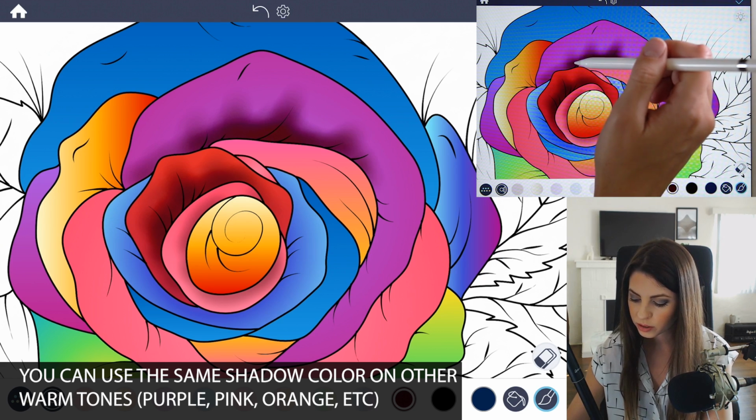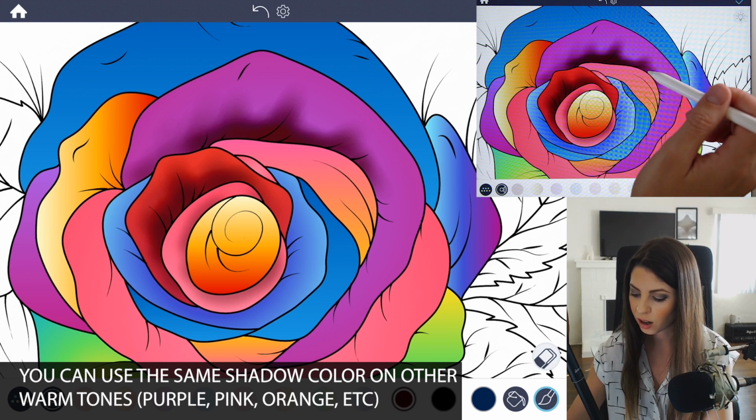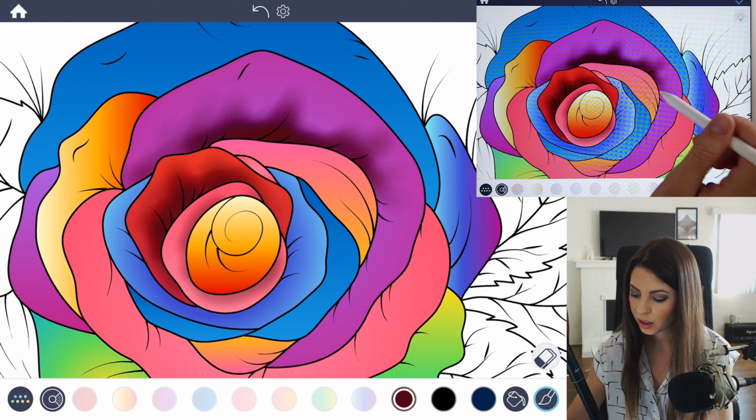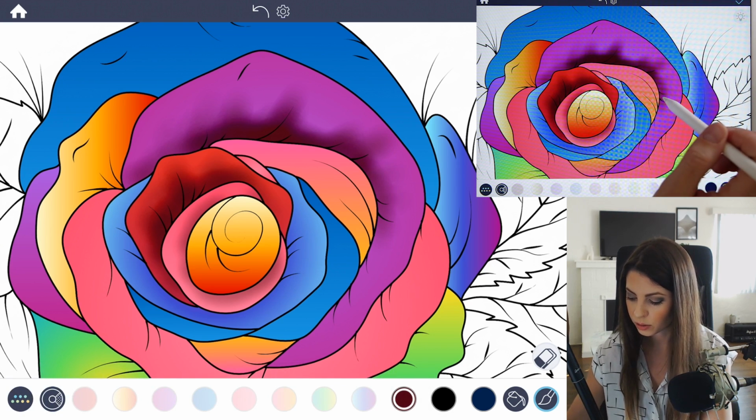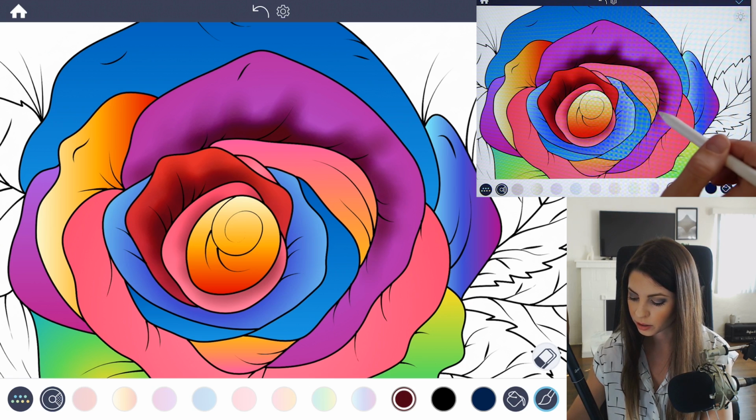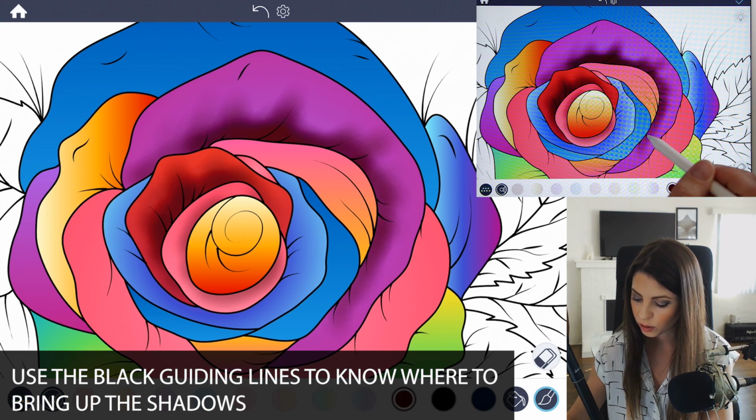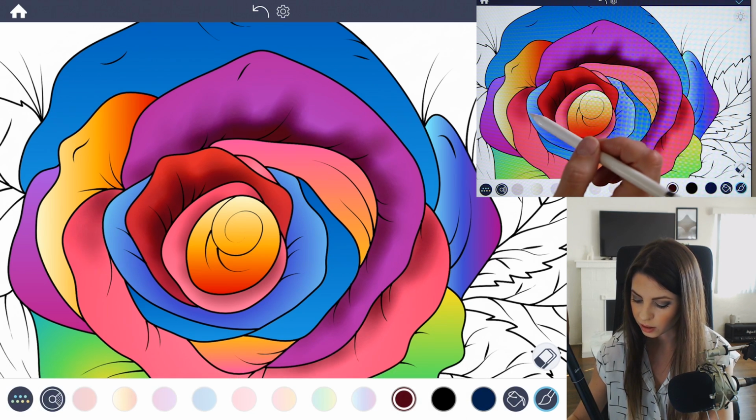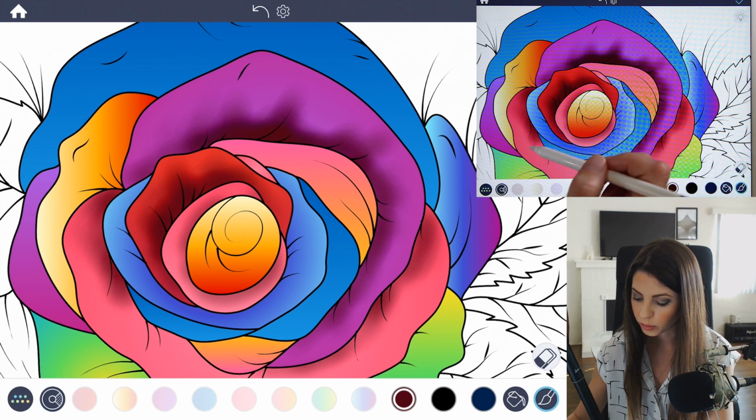And you can see where those black lines here are coming upward. You can use those as a guide to bring your shadows up just a little bit. Let's kind of go with those lines. So this dark burgundy color for the shadows will work well for purples and any of the warm colors like